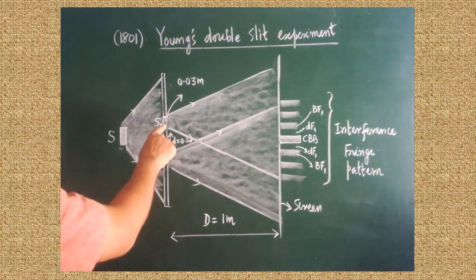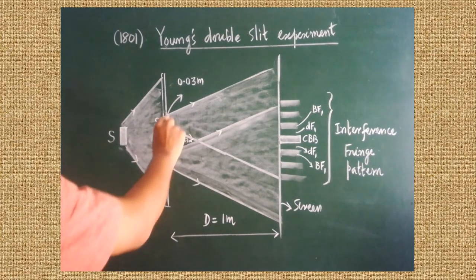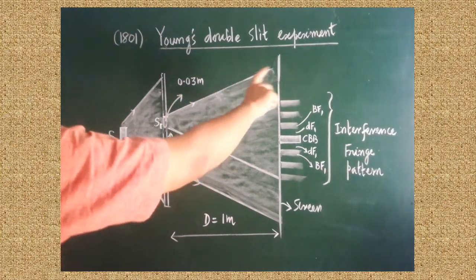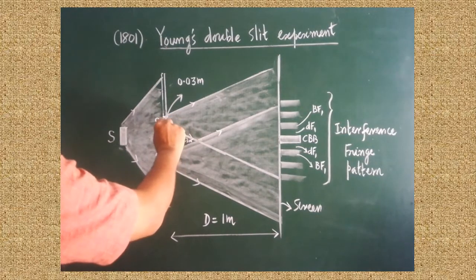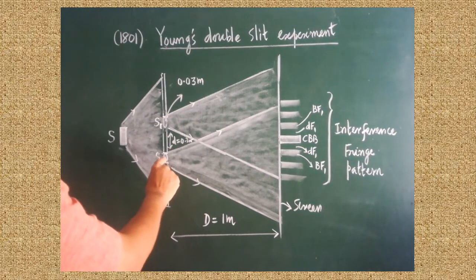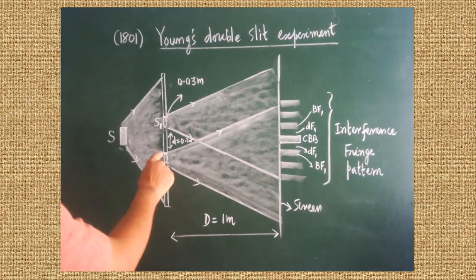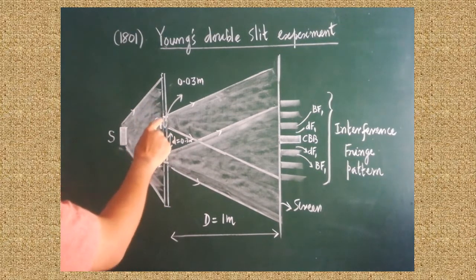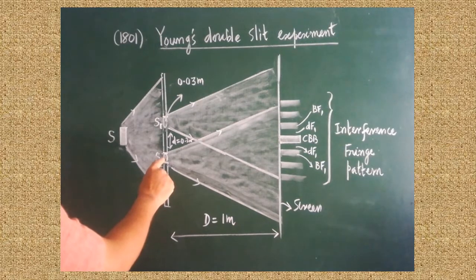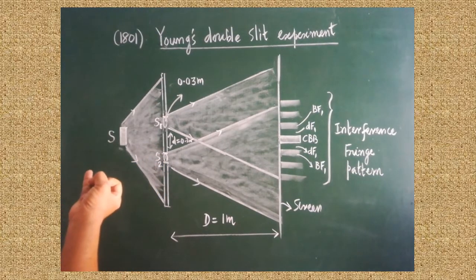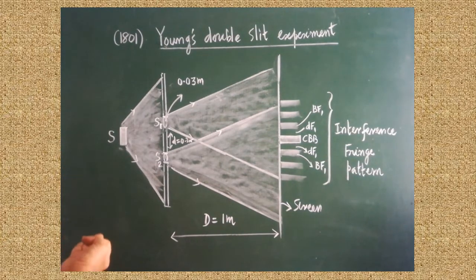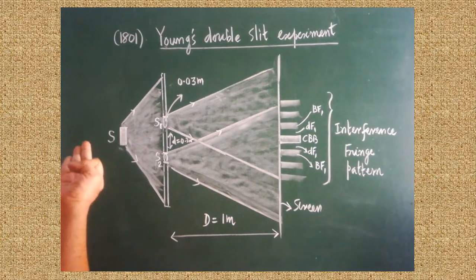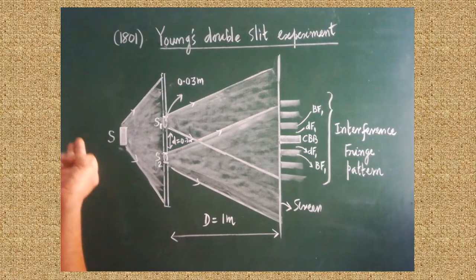Now after incidence, what will happen? The light propagates through these two slits. Each slit acts as one of the coherent sources. The light from the first slit and the light from the second slit have the following properties: the same amplitude, same wavelength, same frequency. They may have the same phase, or sometimes a constant phase difference, and they may have the same waveform also.